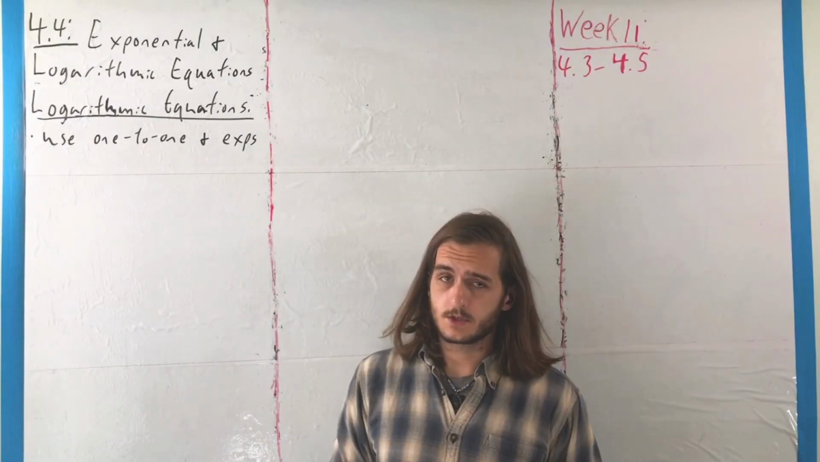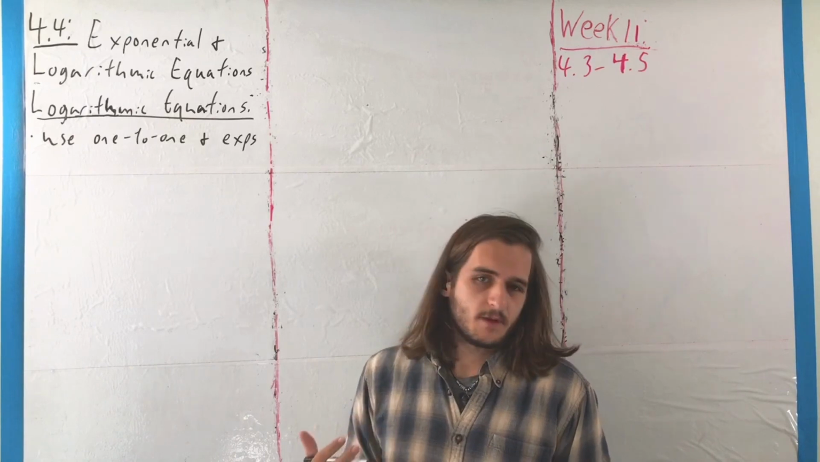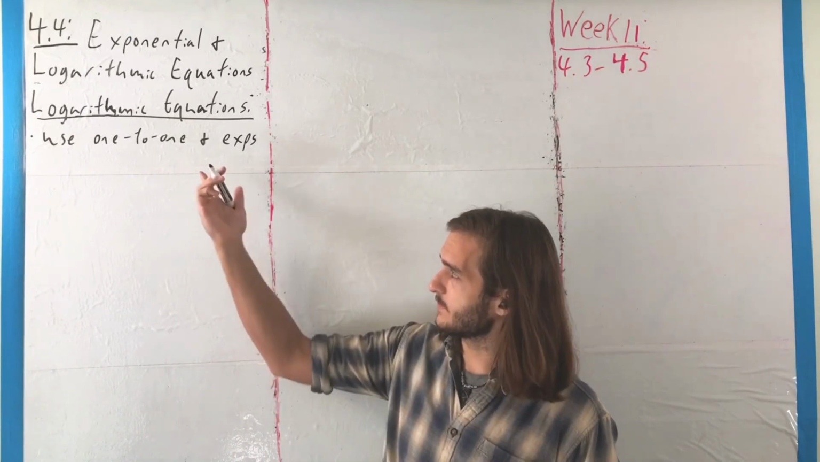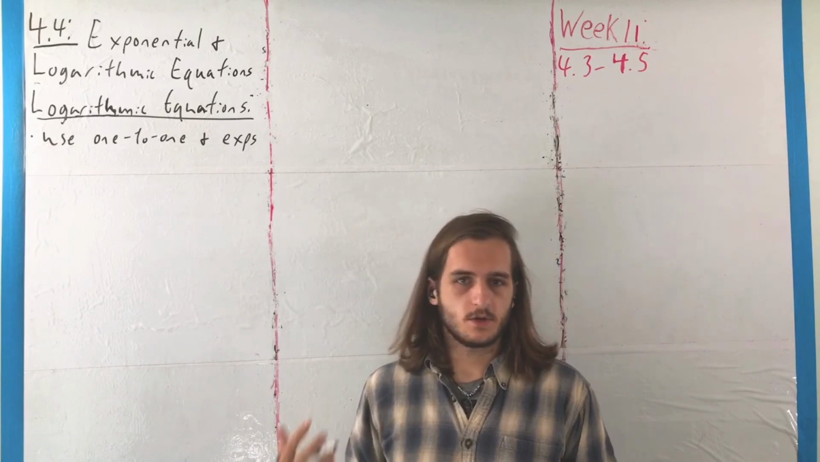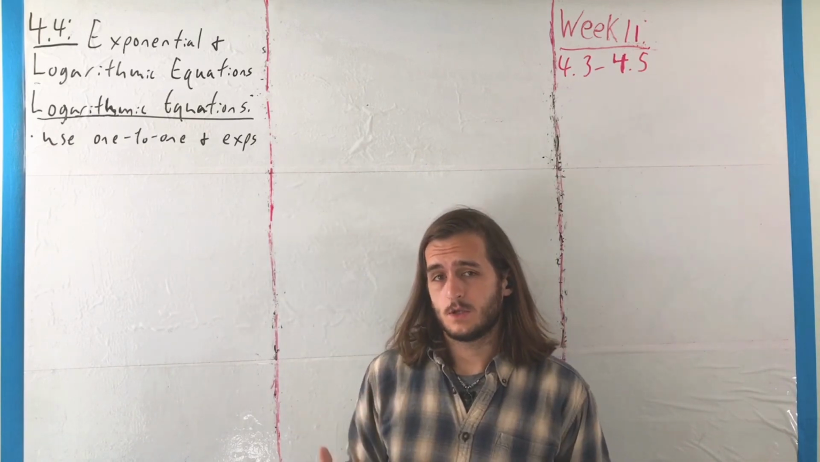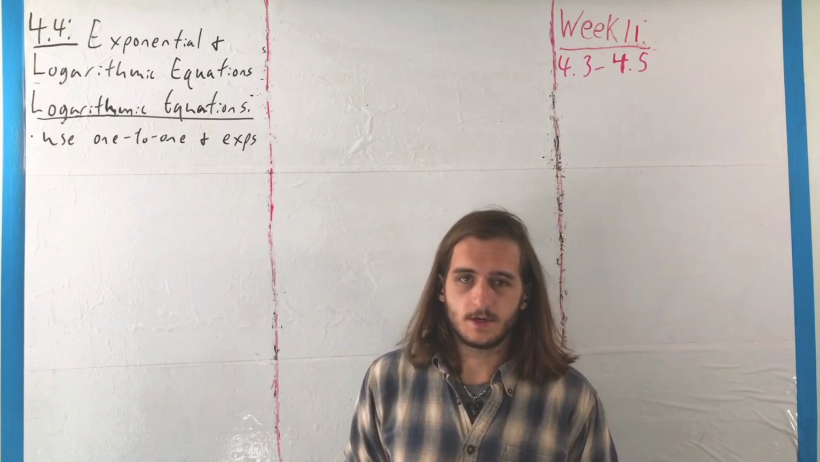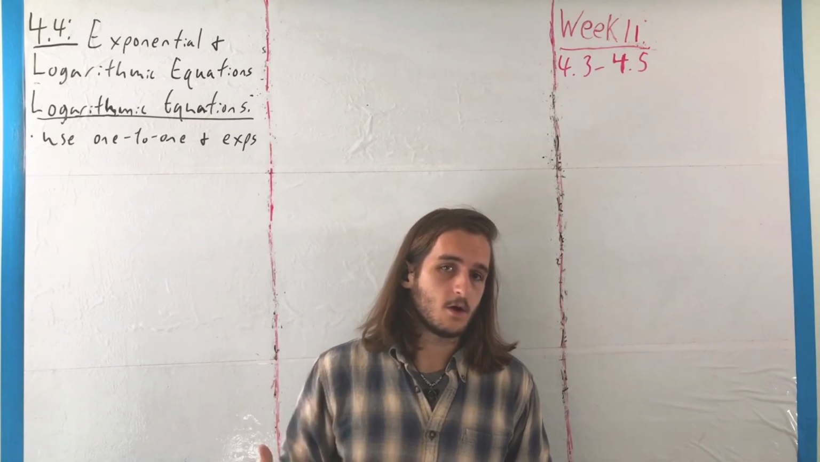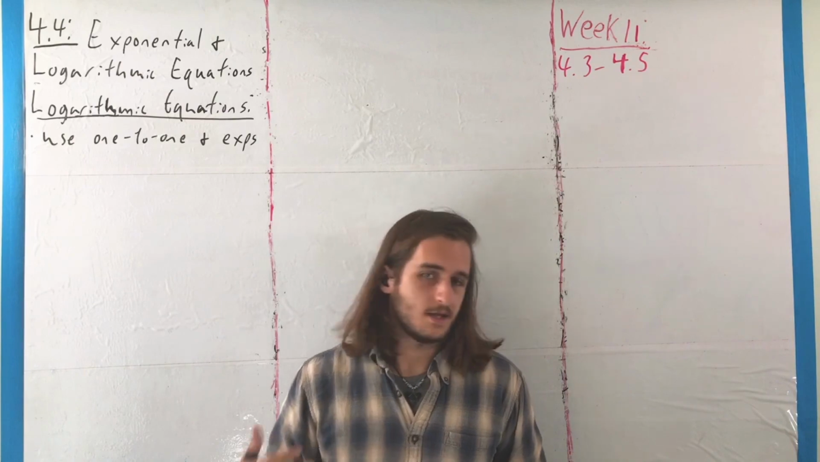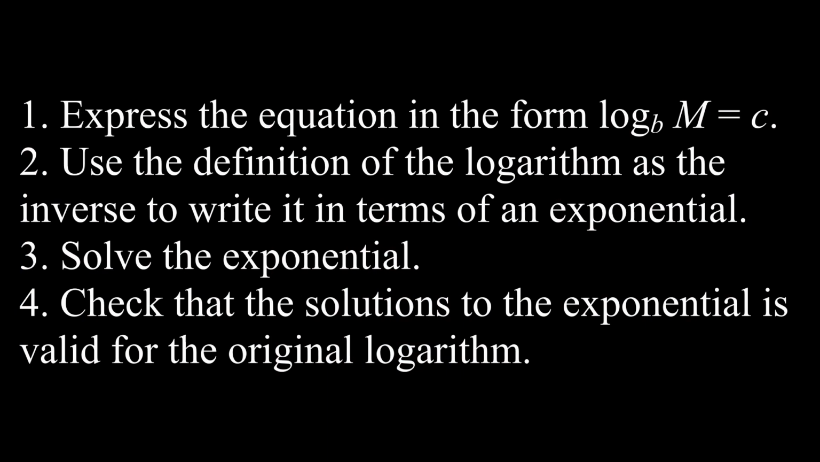On the other hand, if we want to solve logarithmic equations, we play the same game, just in reverse, for the fact that these things are one-to-one functions and their inverses are defined as exponentials. So, if we have a nice logarithmic equation, something that can be written in the form the logarithm is equal to a constant, then we start by expressing the equation in that form, log base b of m is equal to c, then use the definition of the logarithm as the inverse to write it in terms of an exponential instead, solve that exponential, and check that the solutions to the exponential are valid for the